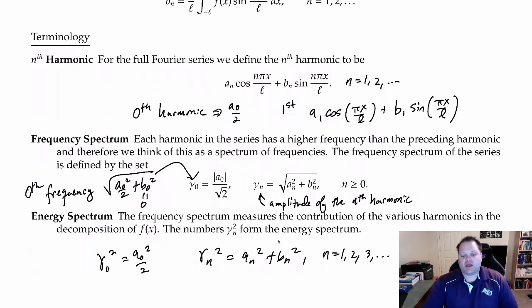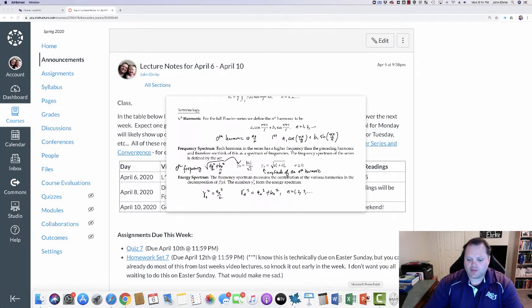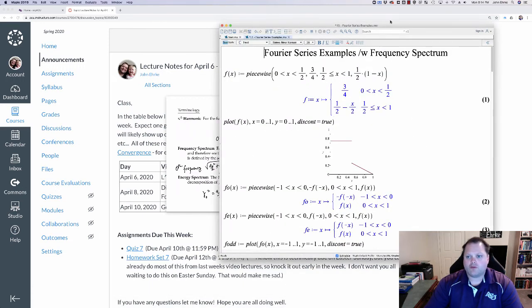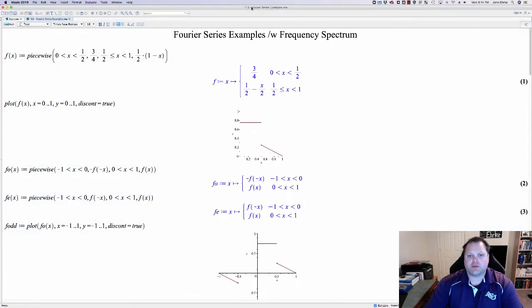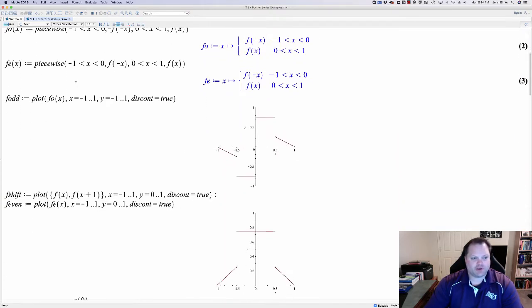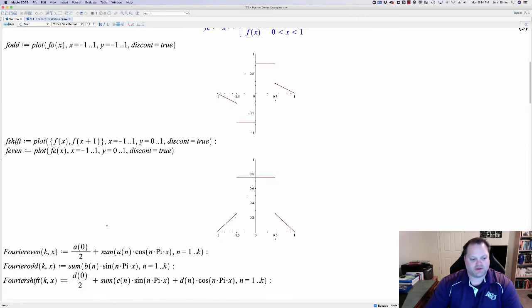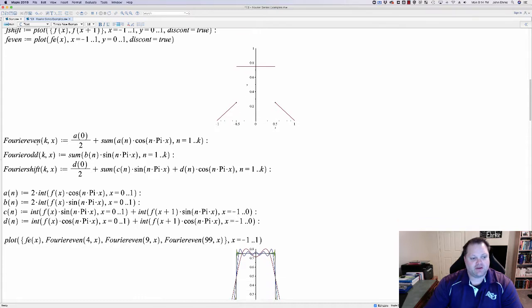And I have a Maple file where I've gone in and actually calculated these spectrums just to give you an idea of what we're looking at here. So if you look at the Fourier series examples, Maple file 13, I have an example of a piecewise function. With that piecewise function, we're looking at the odd extension, the even extension, plotting all those different extensions, just like we've done. And here are the Fourier series, and I want in particular to pay attention to this